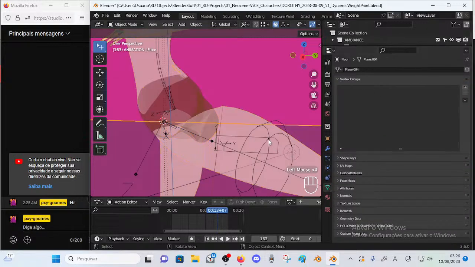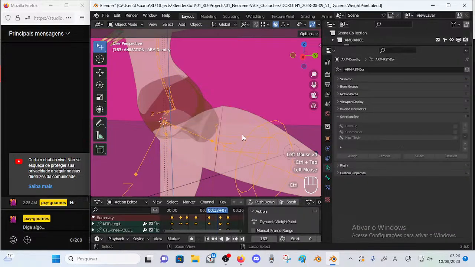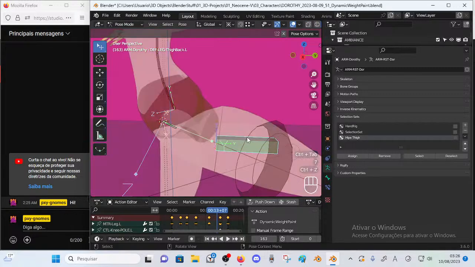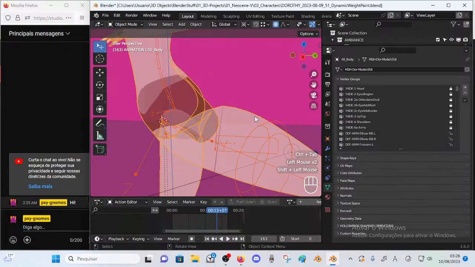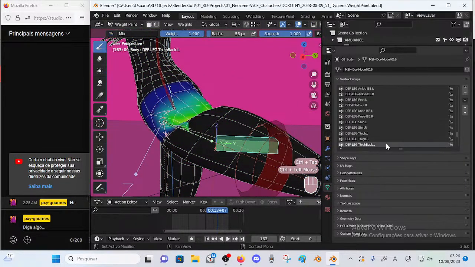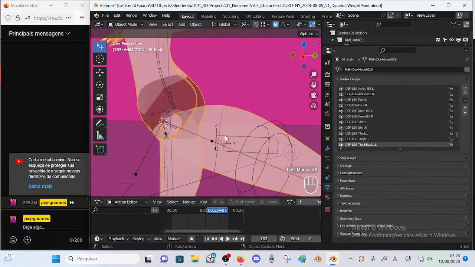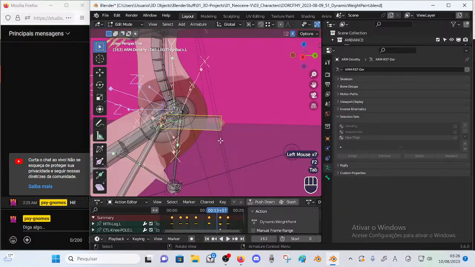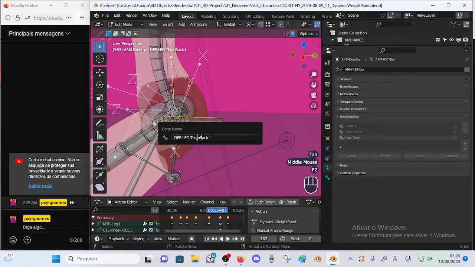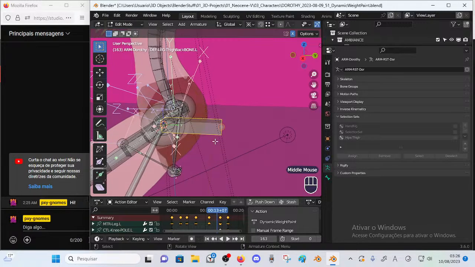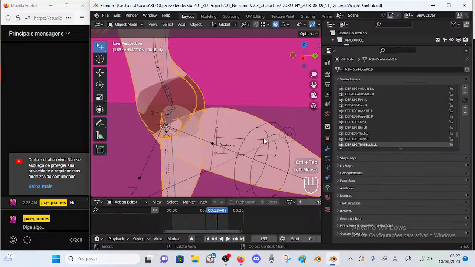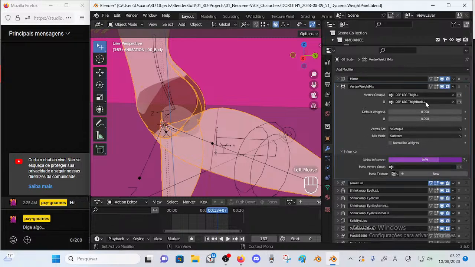So let's go there. No, hold on. I want to preserve the vertex group, so I'm just going to give it another name. And then now I can change the bone's name. There'll be some, just this to simplify. Then now I can give this its original name, and now I don't have to